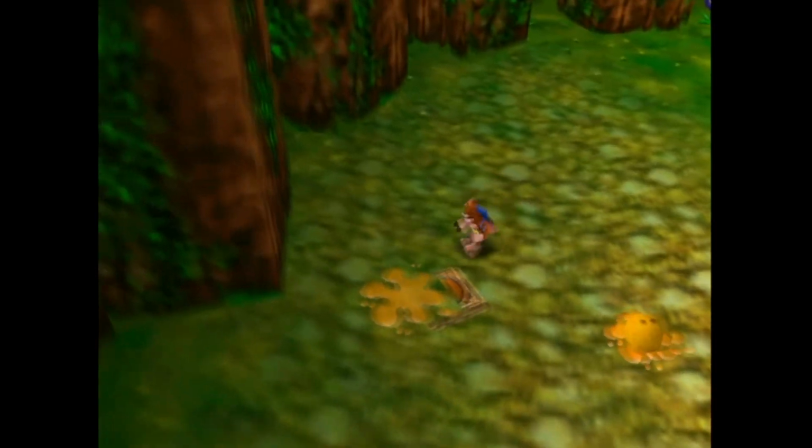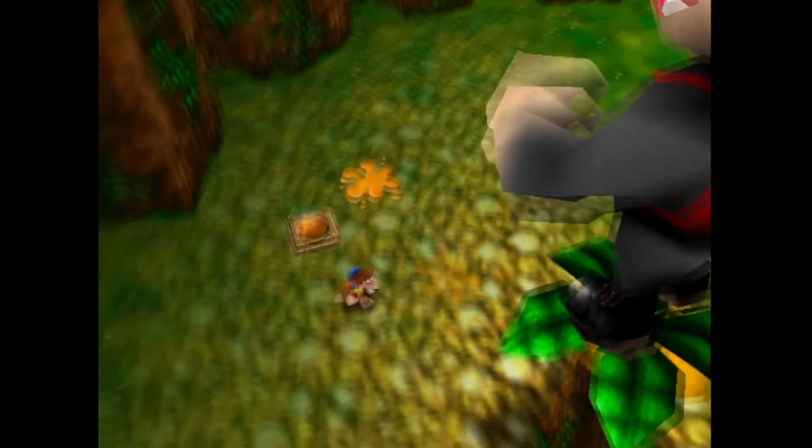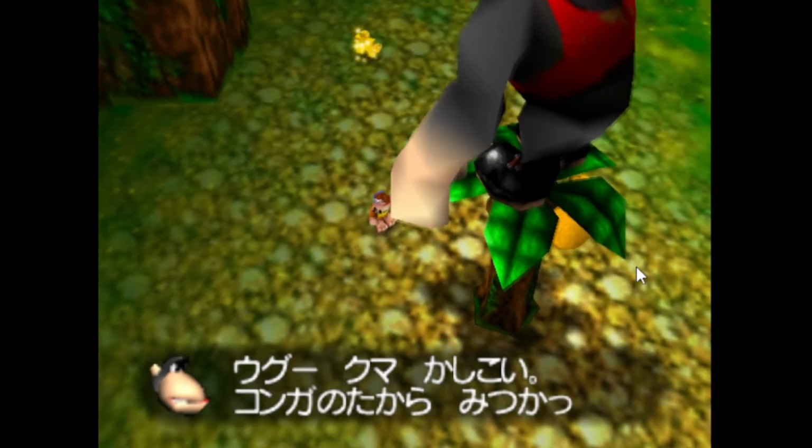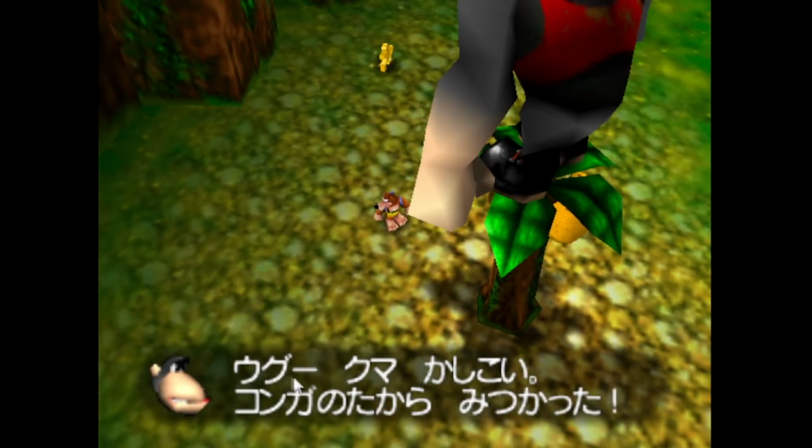That wasn't close enough. Ah, come on. Okay. I don't know. Kuma kashikoi. Kuma is bear, which is what Banjo is, and kashikoi means wise, intelligent, smart. Just an i-adjective that means smart, basically.